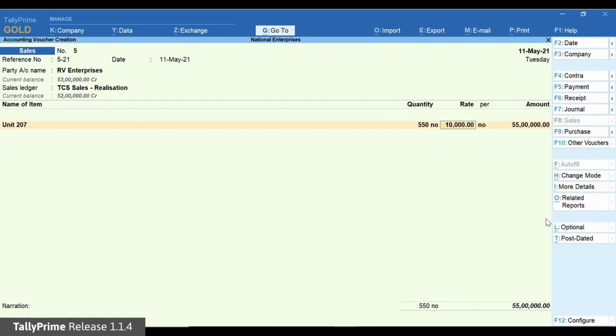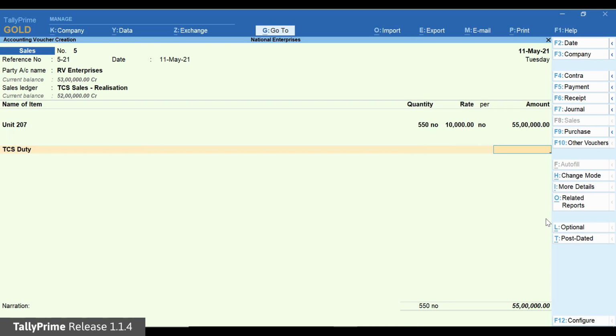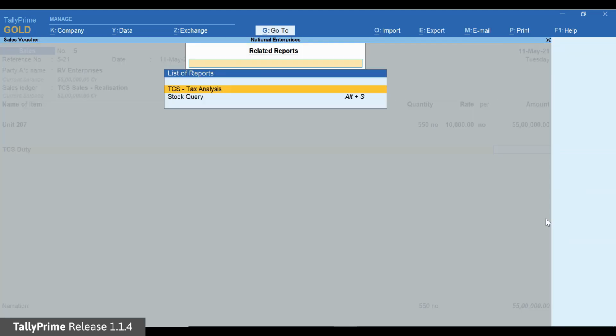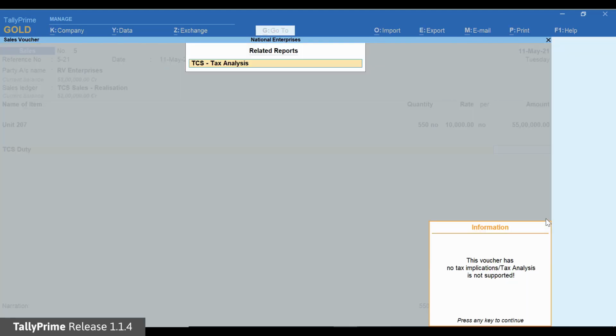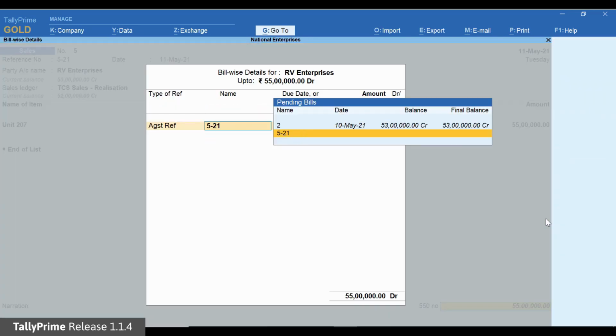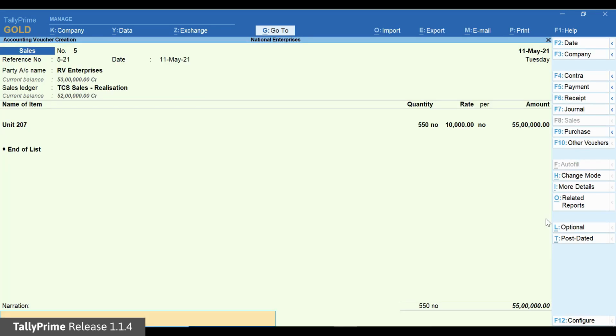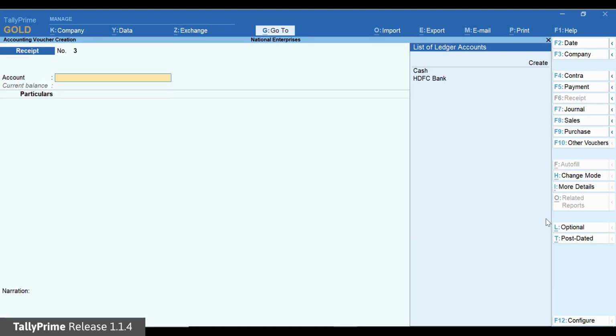However, if the sale value is more, then you will not be able to apply tax for the excess amount in the sales invoice. Because for realization nature of goods, tax is applied on realization. Therefore, in the sales invoice, you can adjust the value equal to the advance received and create new reference for the excess amount and save the transaction.